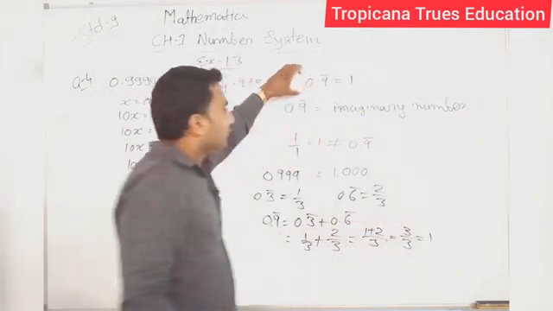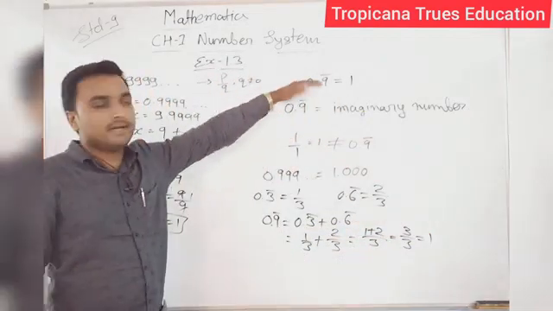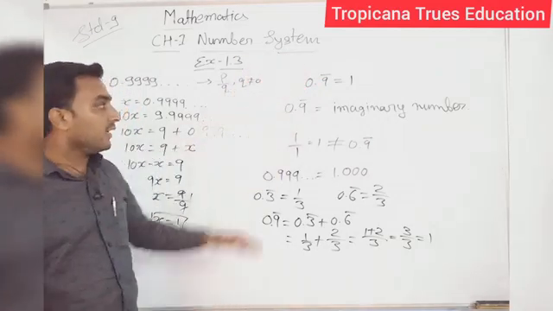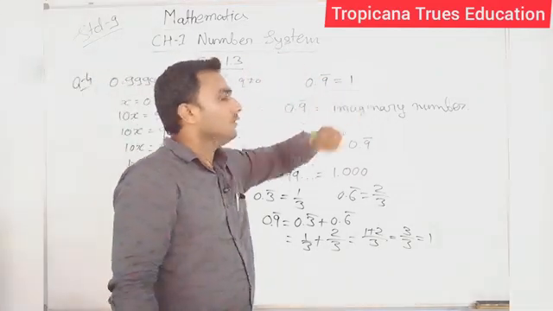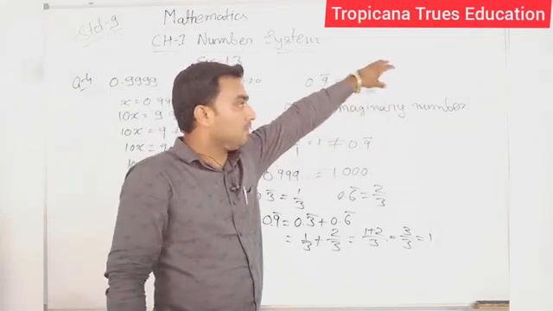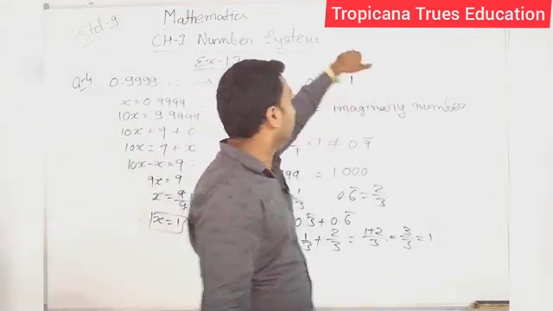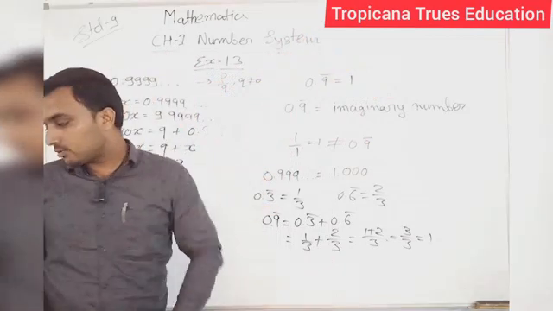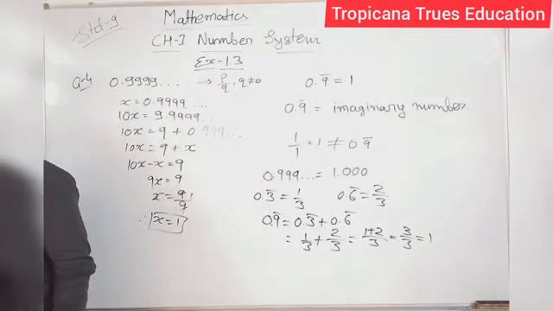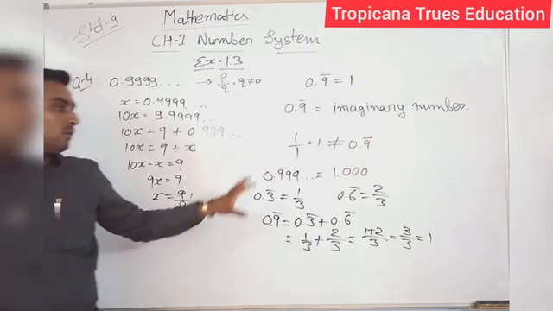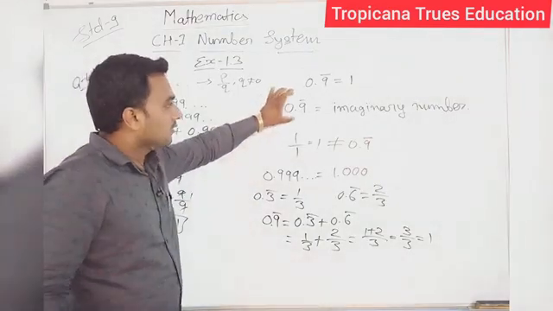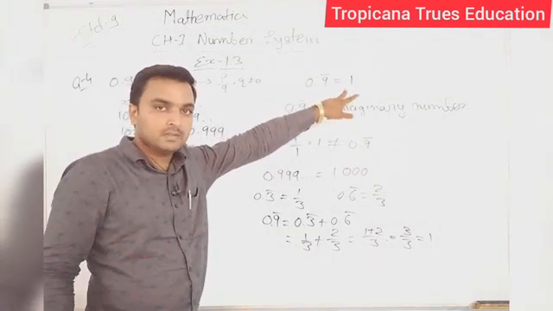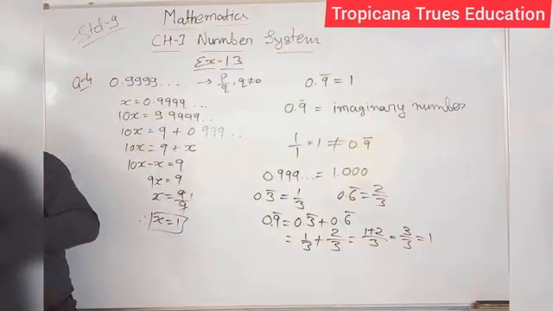Now if you divide 0.9999 directly by 1000 or so on, you cannot get this. You cannot get a P upon Q form where you will get the answer 0.999. Okay, so clear? So that's why we cannot write that this number's answer will be 1 in P upon Q form. Clear? Now next, question number 5.